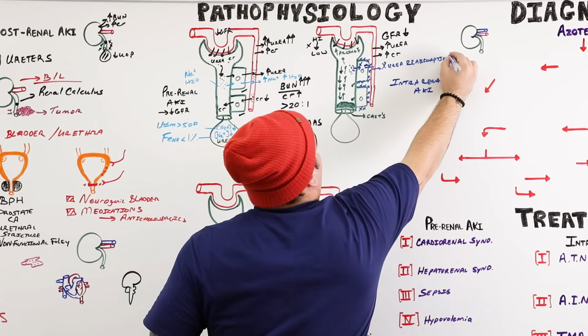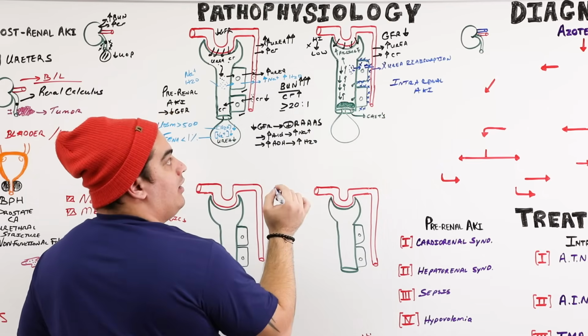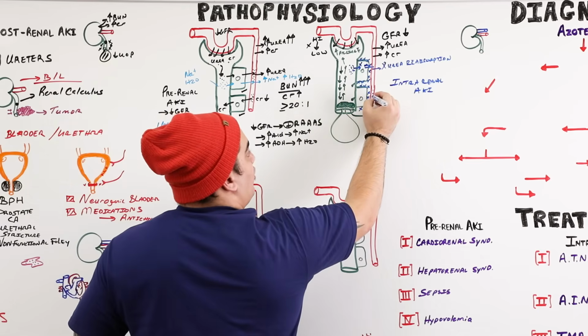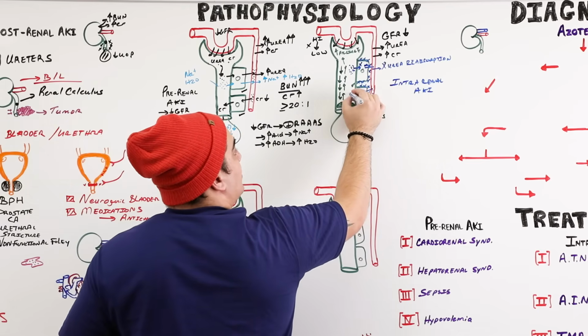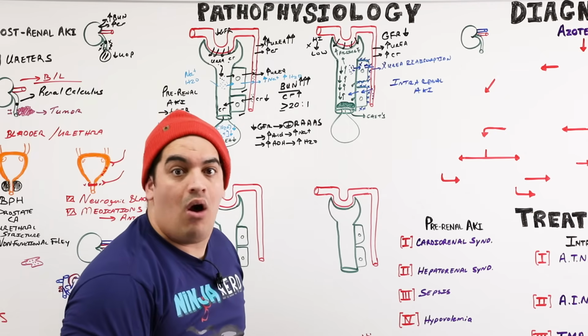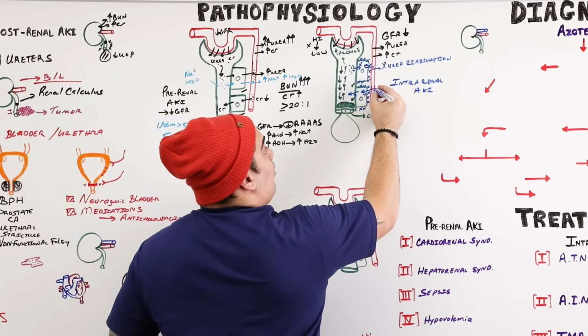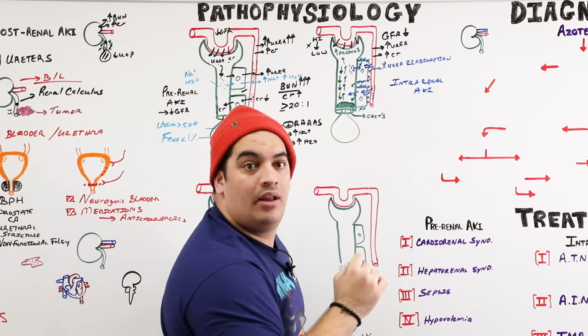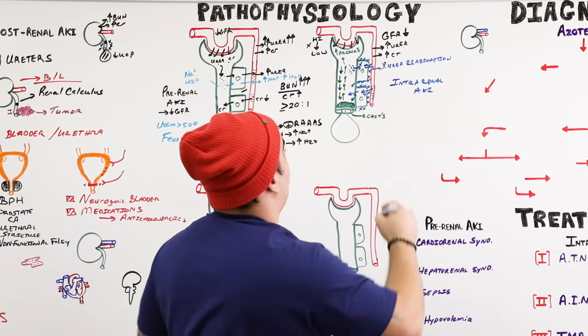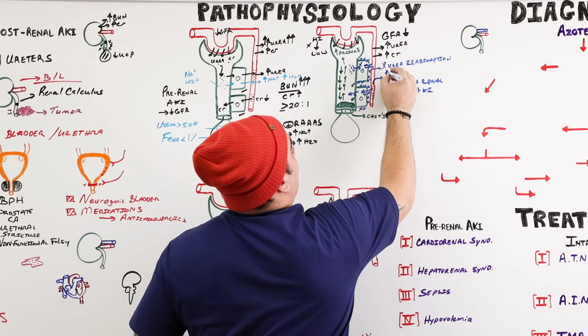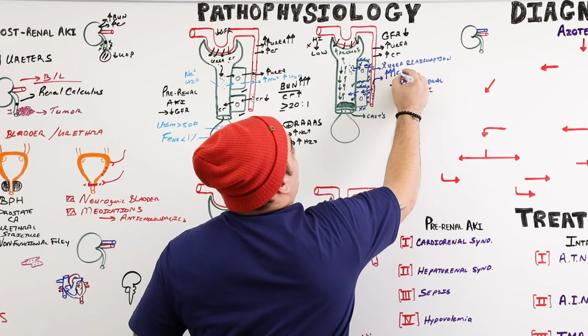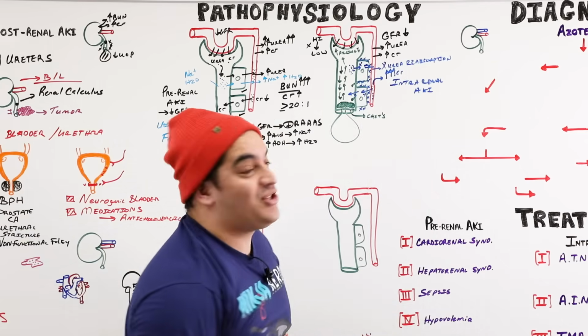Now the next question is, can we excrete creatinine? Can these kidney tubule cells take the creatinine that's in the blood, put it into the tubular cell, and then into the urine? No, because the kidney tubules are all jacked up. So what happens to the creatinine in the blood? It builds up because we can't excrete it. The creatinine starts going up because we can't excrete it.